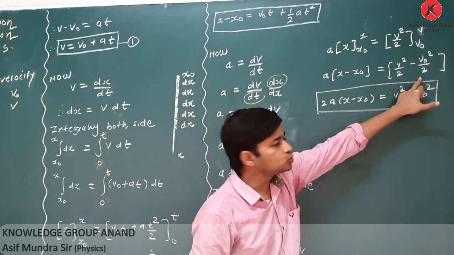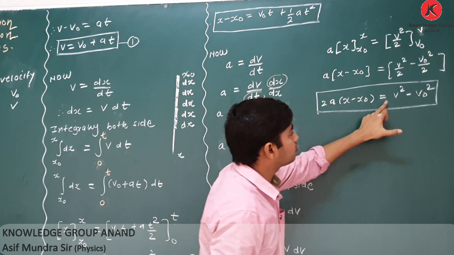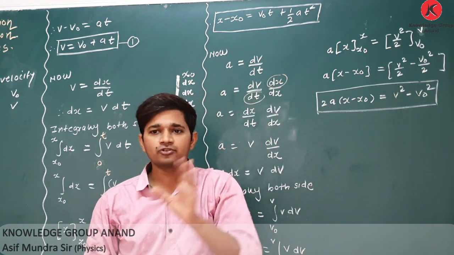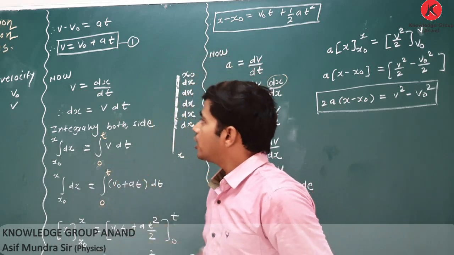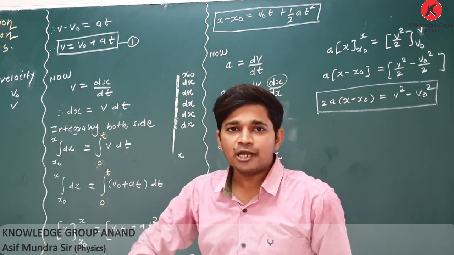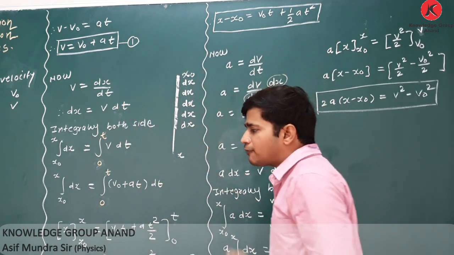From this side, 2 is common, and on the opposite side it will be 2a times x minus x0 is equal to v square minus v0 square. So these are the equations for uniformly accelerated motion derived with the method of calculus,